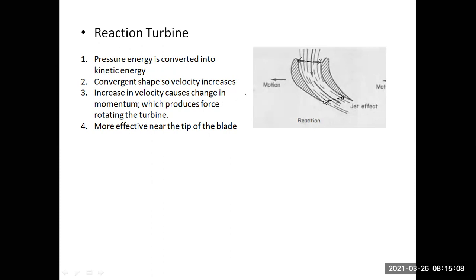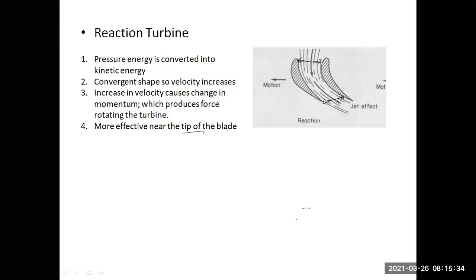Understood? Here again, as I told you, the pressure distribution. What happens at the lower end, beta? At the lower end of the turbine disk, the pressure is low. At the tip, the pressure is high. So this type of blades are converting the pressure energy into kinetic energy, right? The more pressure energy available, the faster it will convert, right? So at the tip we have more pressure, so they are more effective at the tip of the blade.